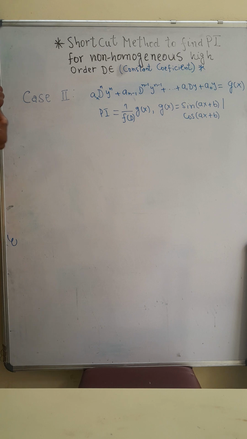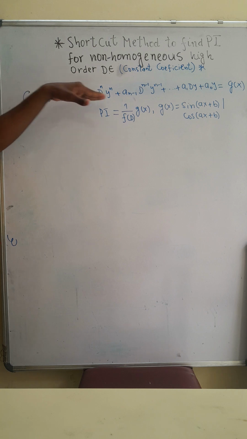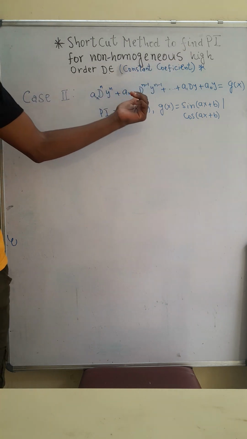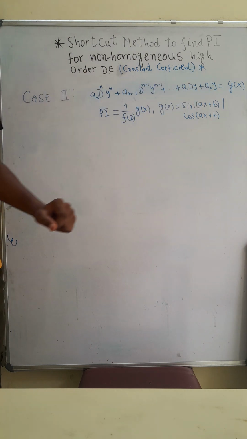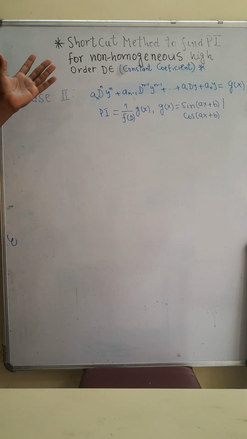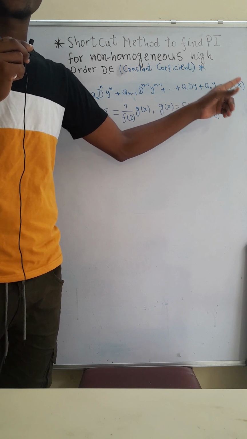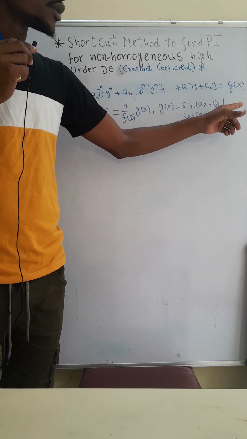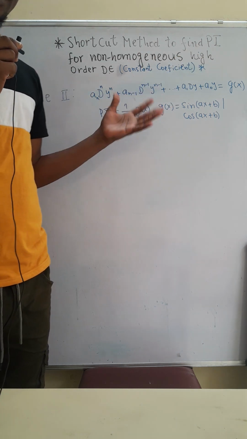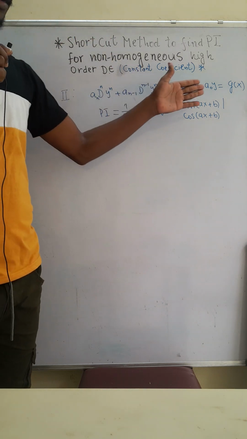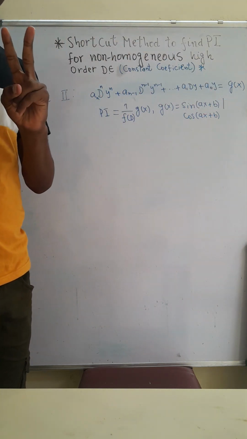Now see, the second method. Suppose we have here a homogeneous, constant coefficient, high order differential equation. But this is a non-homogeneous high order differential equation. Why? Because here our g of x is a function of x and it's not equal to 0. If this g of x were equal to 0, we could say that this is homogeneous, and the CF, or yc, the complementary function, would be the only solution for this differential equation. But in this case, we have the two components of